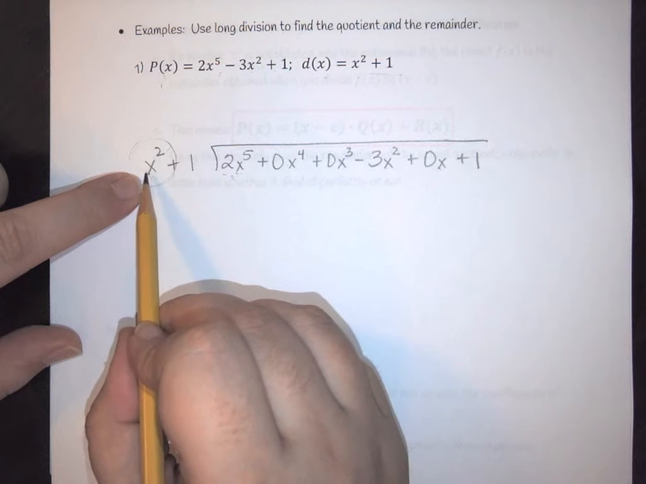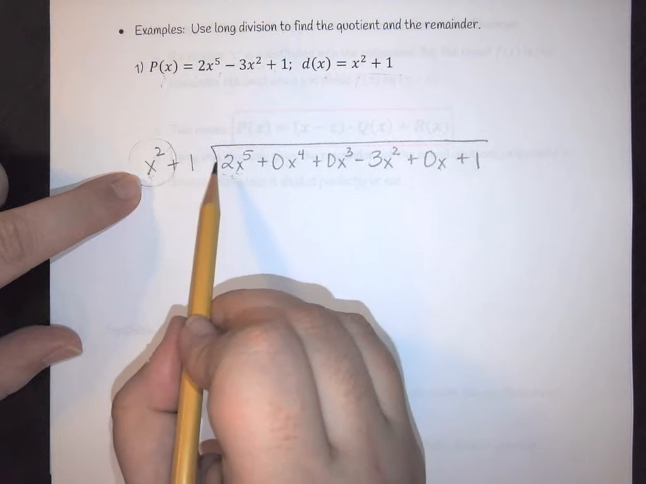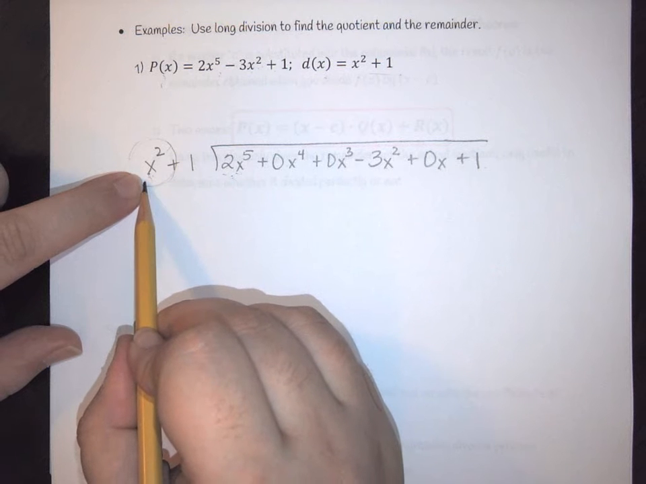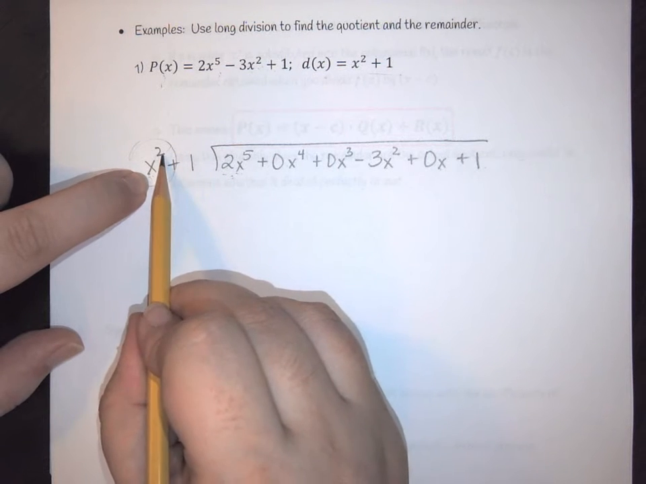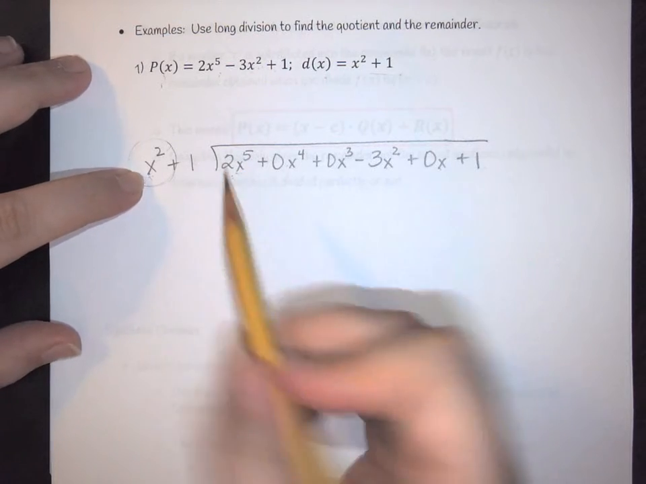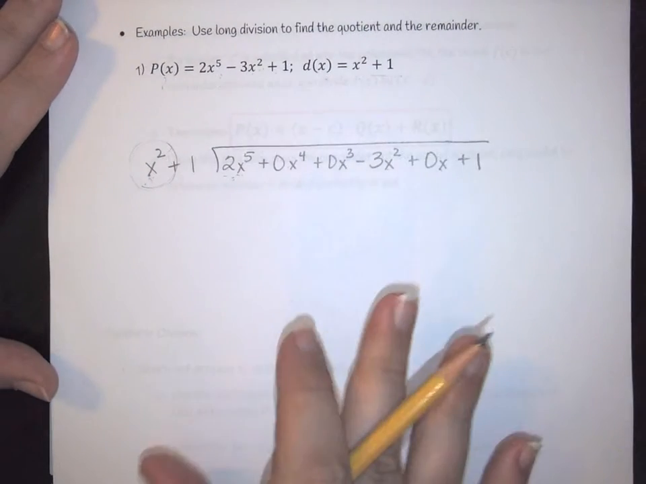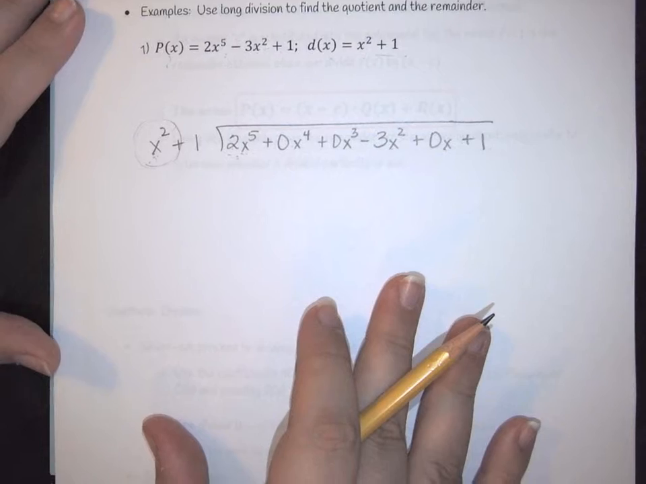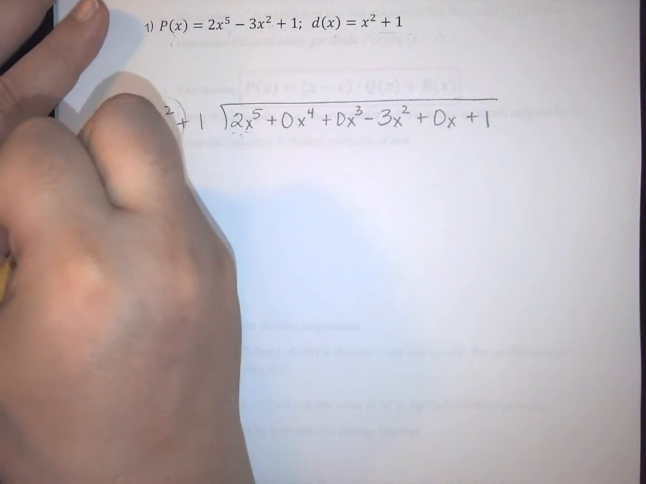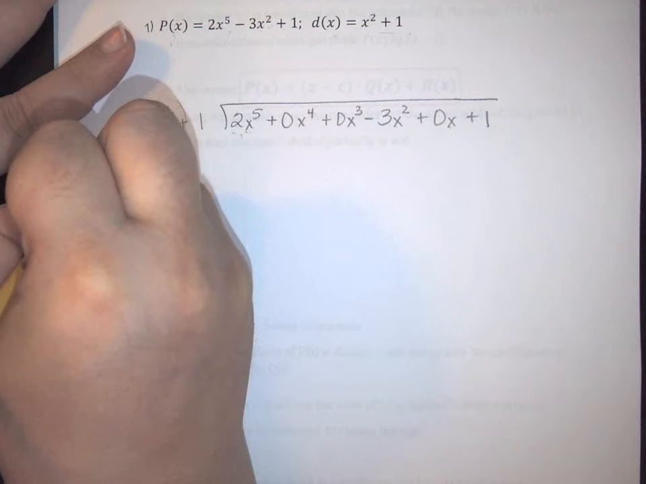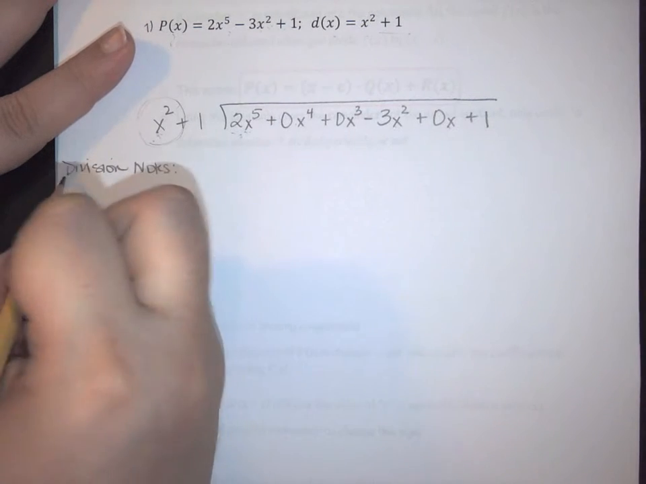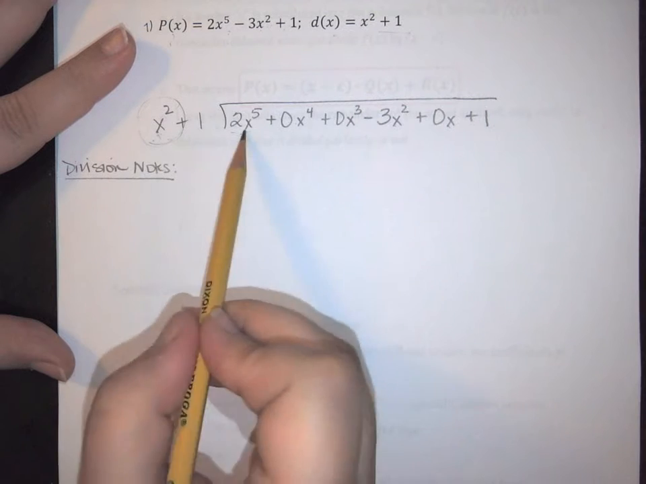Well, in order to turn an x squared into a 2x to the 5th, first we need to multiply it by 2. And then in order to turn square into the 5th, we have to add 3. So off to the side, I like to do what are called my division notes,